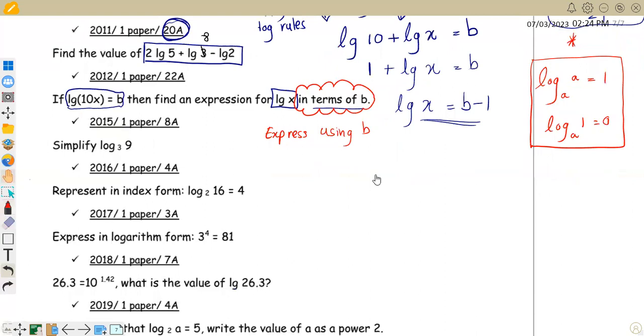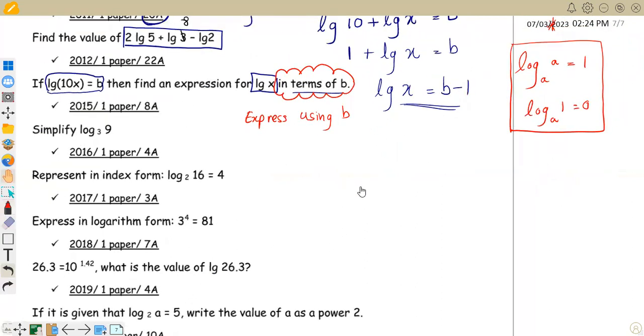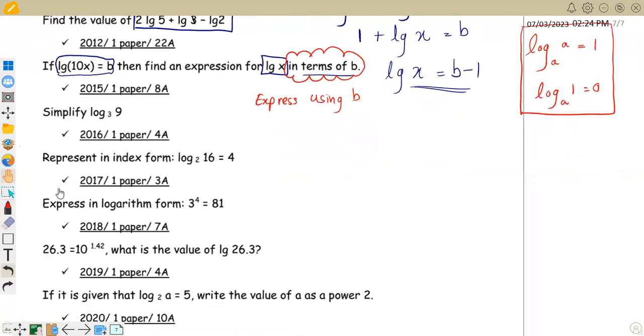Okay. Shall we move to the question after 2012? In 2015 they have given a question: Simplify. Here it is a very simple question. It is actually the 8th question in paper 1, part A. Then logarithm